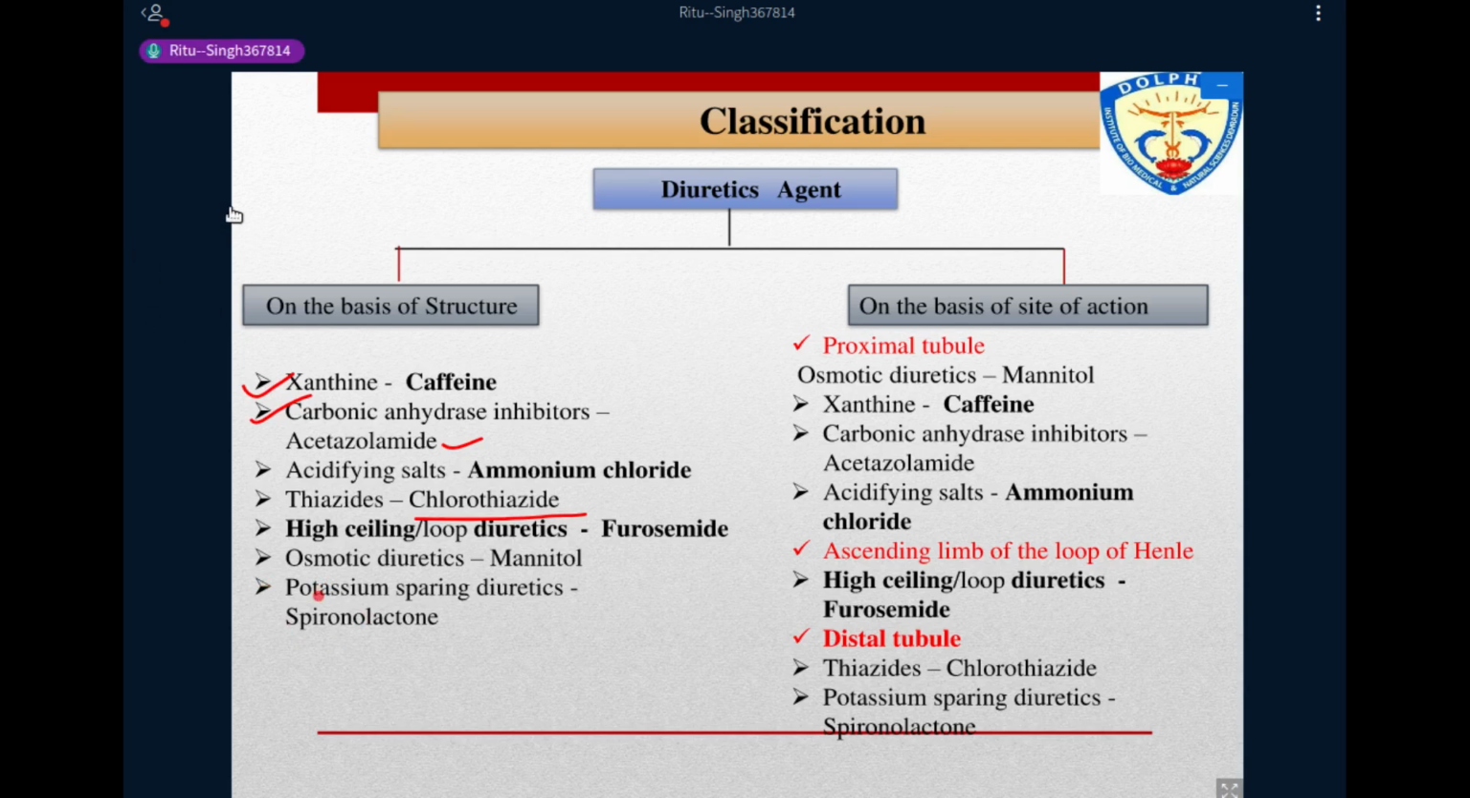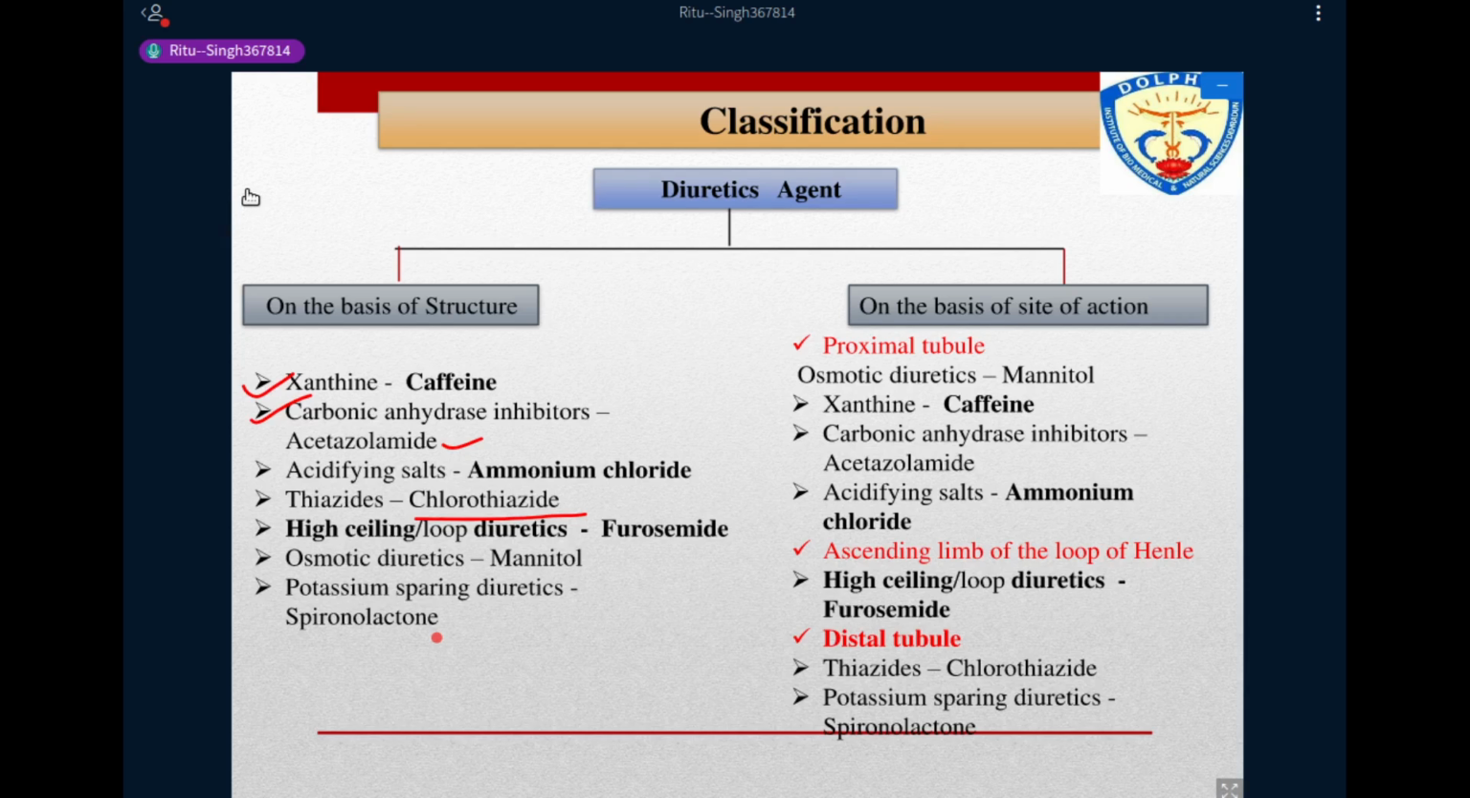And the next, or last, category according to structure is the potassium sparing diuretics. These diuretics are antagonists. Antagonists are drugs which do not have their own action but antagonize the action of another agonist. So in this case